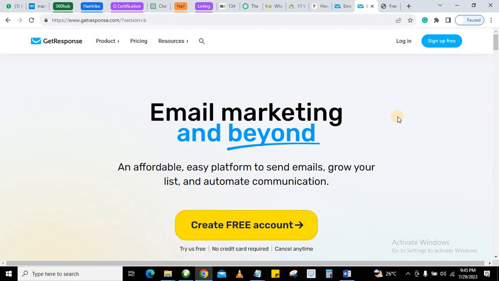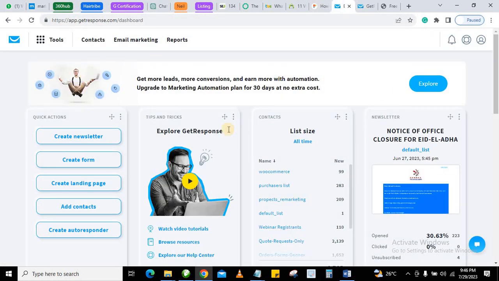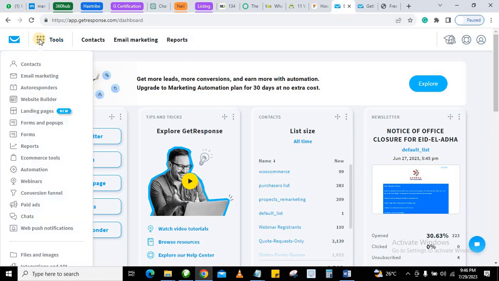So once you sign up, what you want to do is click on login and log in. Once you log in, that will bring you here to the dashboard. Sometimes because you are logging in for the first time, they will give you a tour window. You want to skip that, and that will just bring you here to the dashboard. Once you are here on the dashboard, the first thing you want to do is click on tools. Once you click on tools, you will see